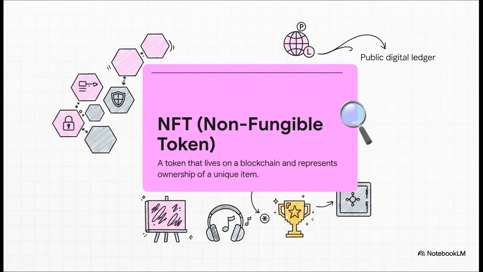Okay, so here's the key takeaway. An NFT is a token, just a little bit of data, that gets stored on a blockchain. And a blockchain is just a fancy way of saying a super secure, public record book that anyone can see. This little token represents your verifiable ownership of one unique thing.